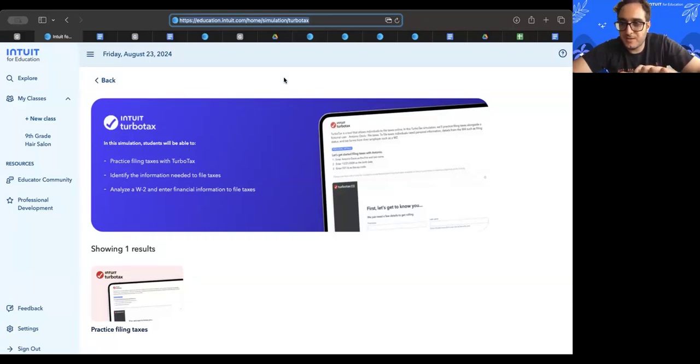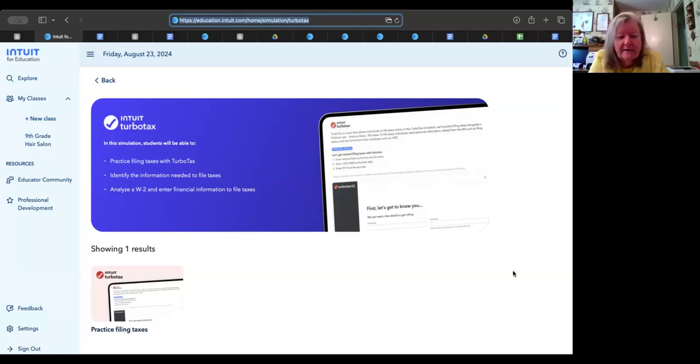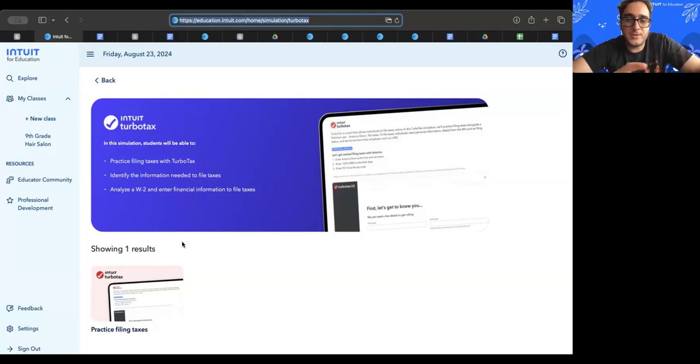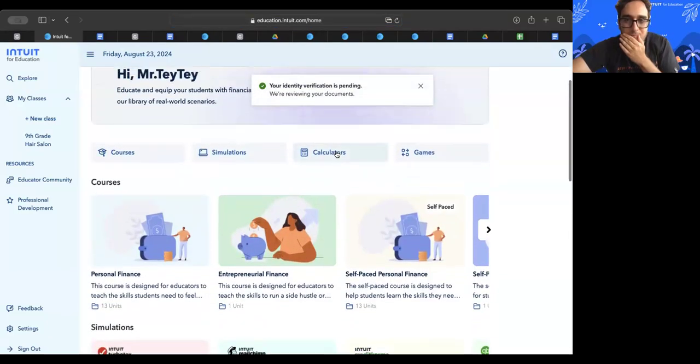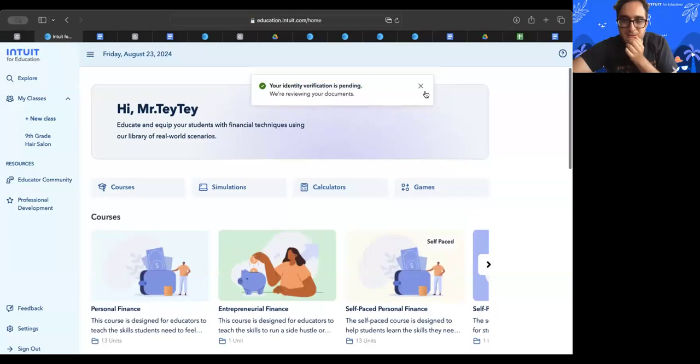Just want to double check. Yeah, I think so. So that's a great thing about this, is that you don't need to register or have your students added to the class to pull from the simulations and use them as a standalone resource for you.